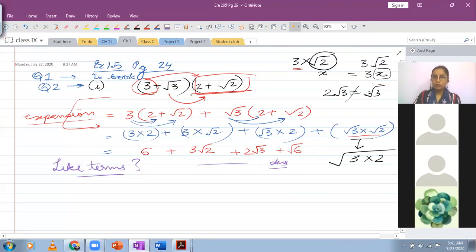Consider your irrational values as variables. Try to operate the way you would do if you were dealing with variables. And then finally, after you have done the multiplication, try to look for like terms. Like terms, now this is a different variable. This over here, root 3 is a different variable. Root 6 is a different variable. So x, y, z, these cannot be combined. And this over here is a constant which does not contain a variable. So we cannot simplify it any further. This is your answer. If anyone has any questions with regard to this part.